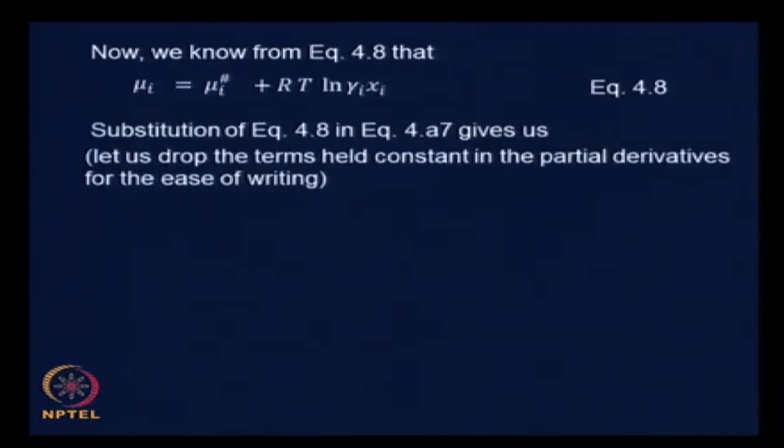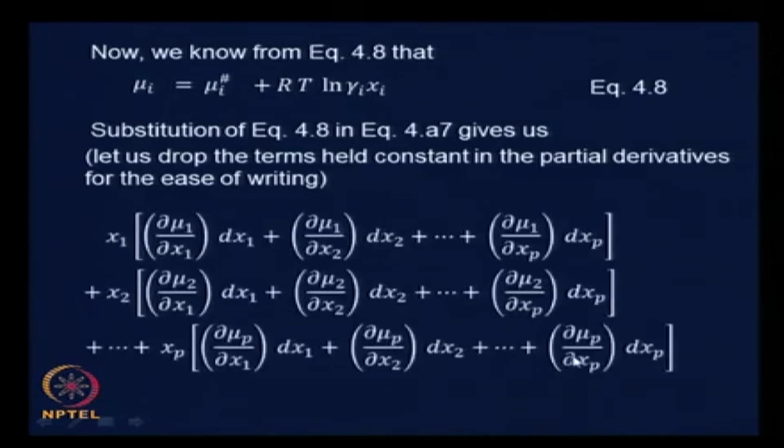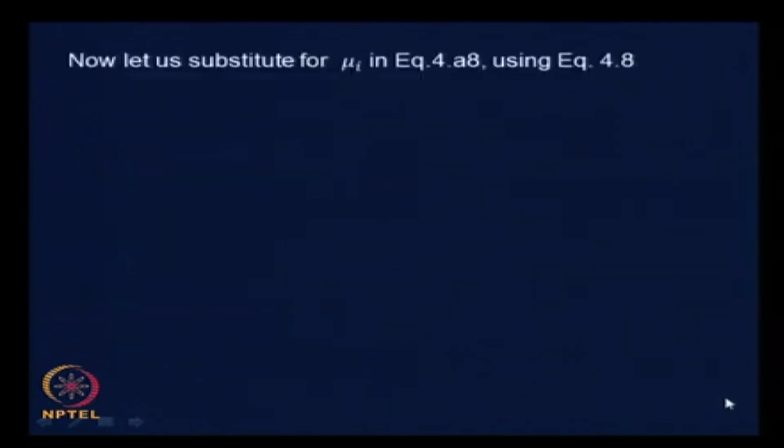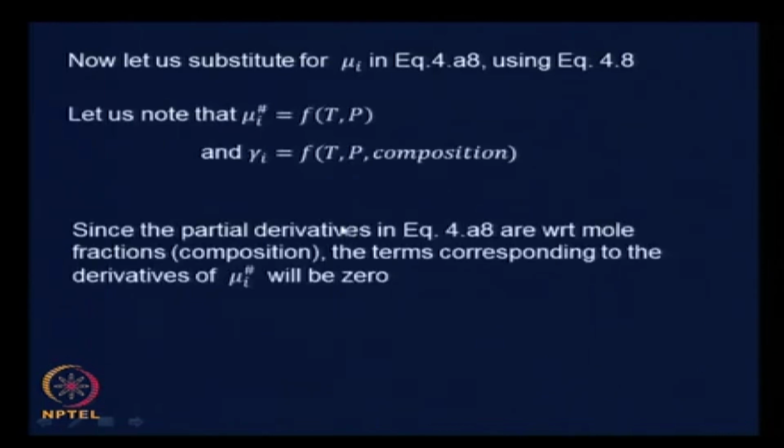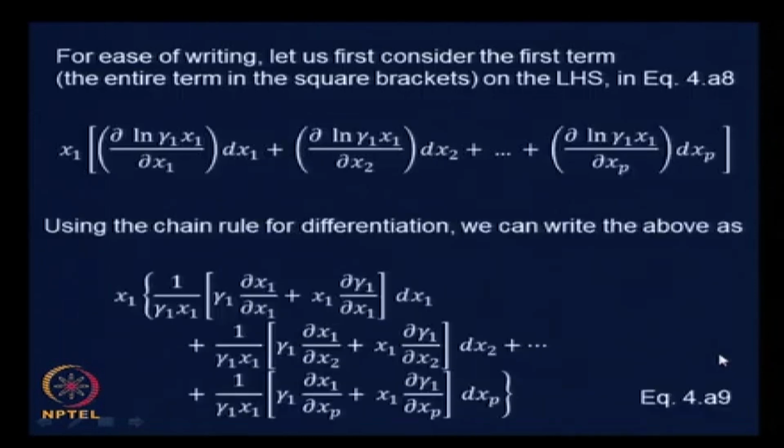formulation, beautiful actually the way it turns out, these are just writing out all the terms. We need to write all the terms if we need to do it properly, but for ease we took one term at a time. We also noted that μi hash is a function of temperature and pressure alone, and this became handy when we took the derivative with respect to composition, and such terms would vanish because this is not a function of composition, whereas γi is a function of temperature, pressure and composition, therefore all terms would remain there. And after going through some more algebra,